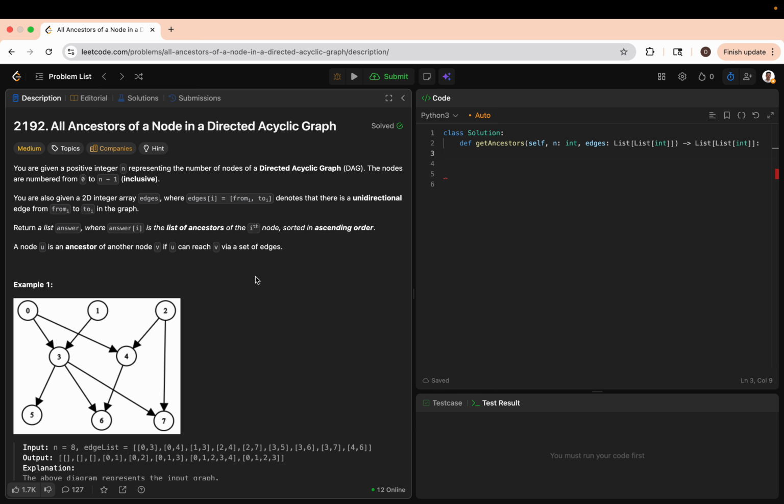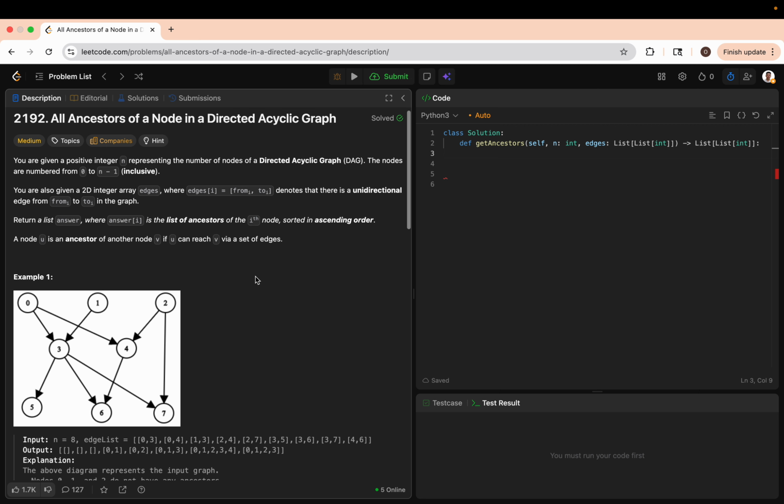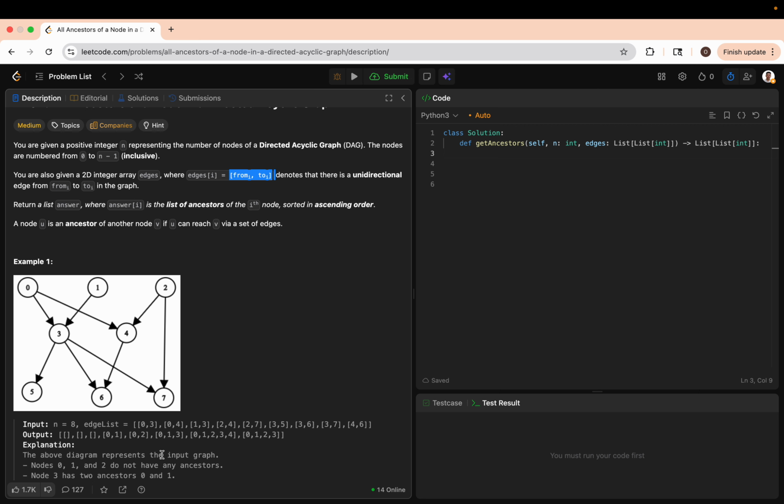So this is question 2192, all ancestors of a node in a directed acyclic graph. You're given a positive integer n representing nodes, and they're numbered from 0 to n, not inclusive, because if n is 8, we're going up to 7, right? Not 8. Then you're given this 2D edge list, from this to this, meaning